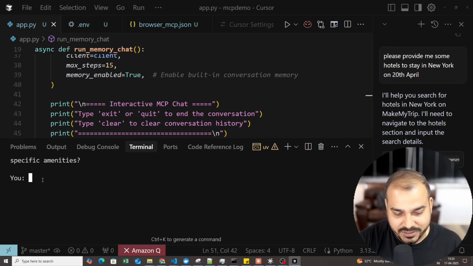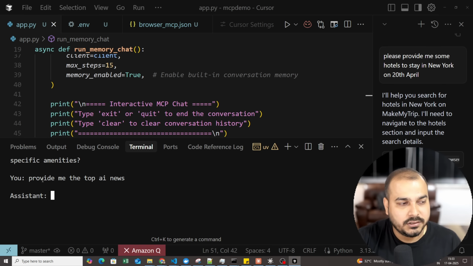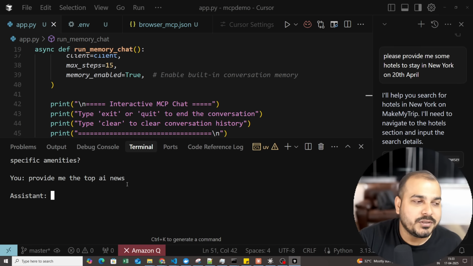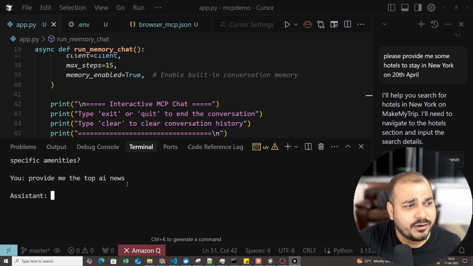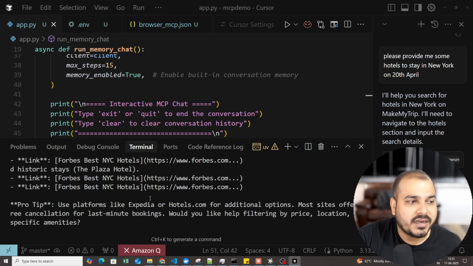Okay. Now here I'll say, hey, provide me the top AI news. Let's go ahead and search for this. Now what tool is it going to use? It is basically going to use the DuckDuckGo search, right? Before we used to write a lot of code. Now everything is basically provided by the service providers. You don't even have to create your MCP server from scratch. But yes, if you want to know how to create MCP servers, I will try to upload that in the next video. Okay. So again, this is going to take some time, but I think we are going to